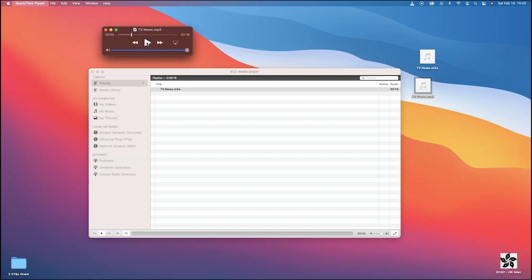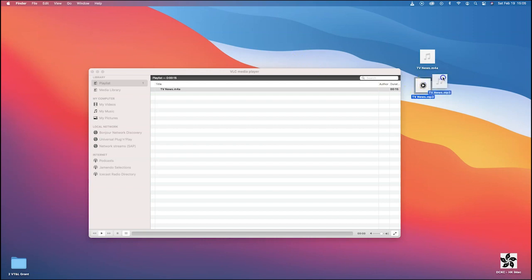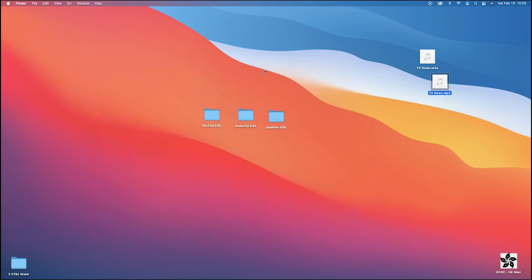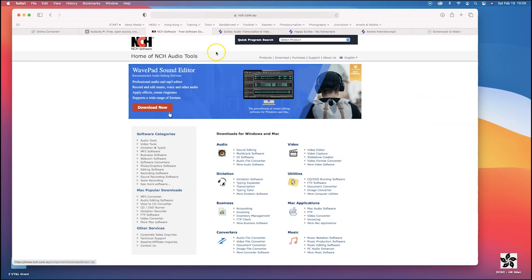Right. So that's one way of converting an audio file type from one that's not accepted through Audacity or MixPad into something that is. Now let's get out of VLC Media Player. Let's go to the website. Our website is right here. It's called